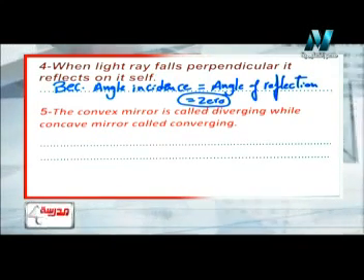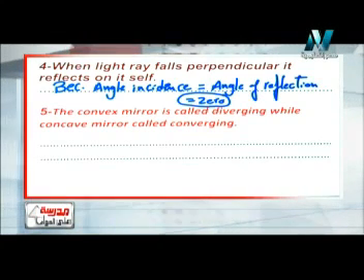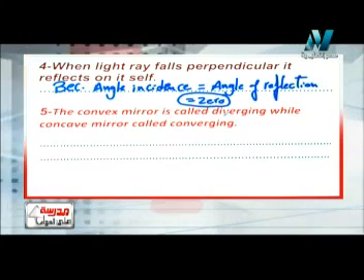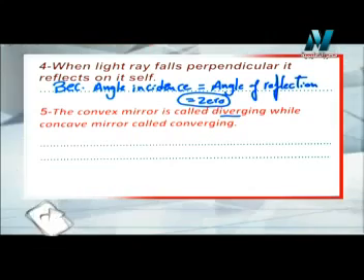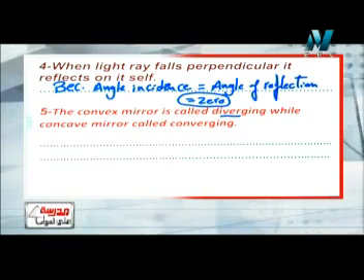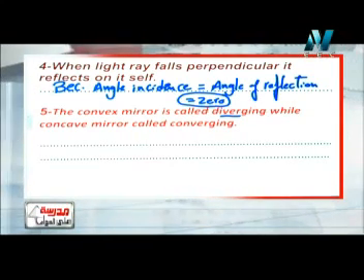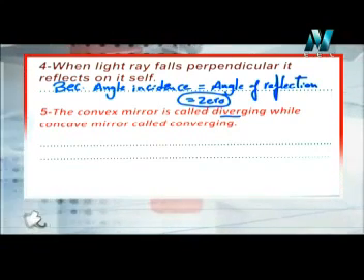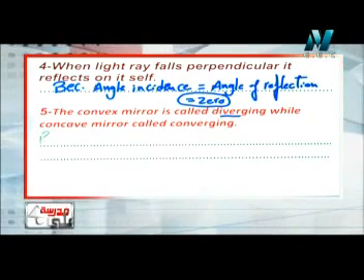The fifth question says the convex mirror is called a diverging mirror while the concave mirror is called a converging mirror, and we know the answer of this question. Why? Because, as we studied before,